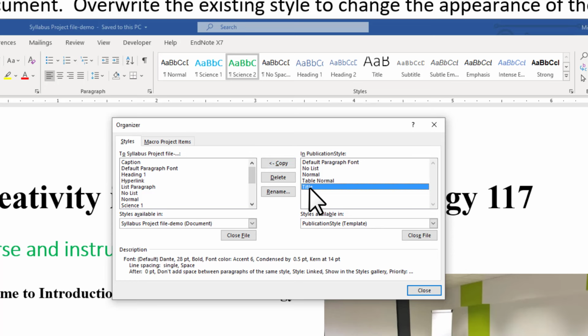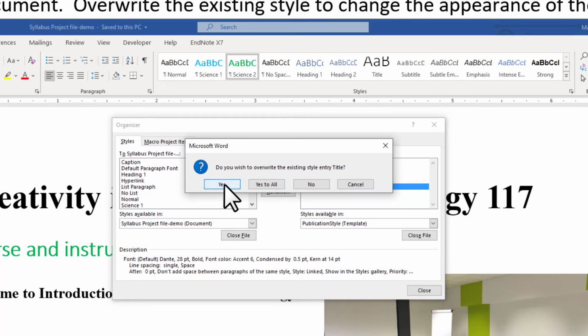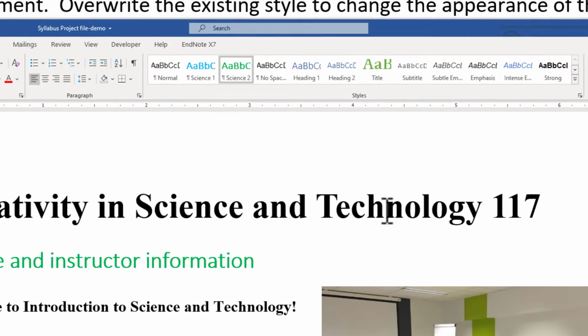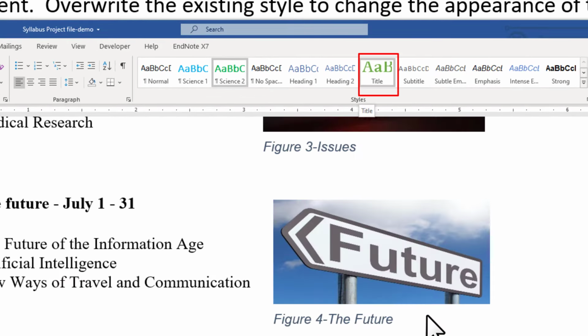So we'll just click copy, make sure you've got the title style highlighted, press copy, and this little warning box shows up. And we just say, do you wish to overwrite the existing style entry title? And we'll say yes. Okay, and now you can see that the title style has changed from the default one that we usually have